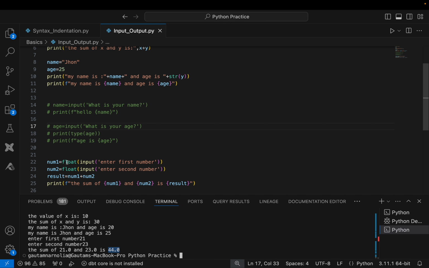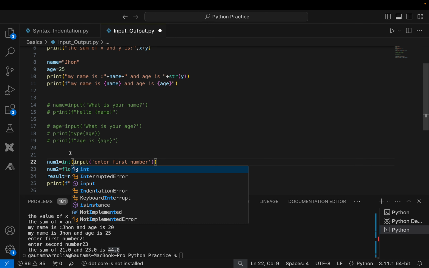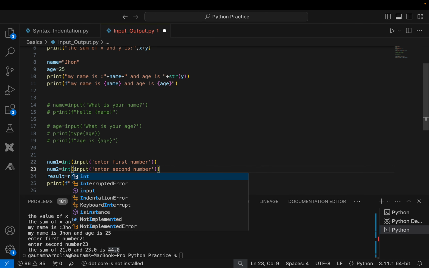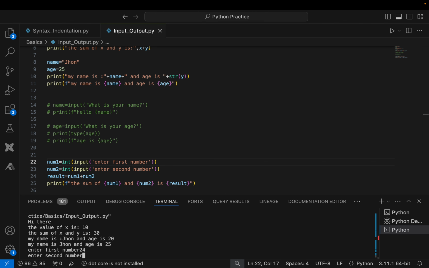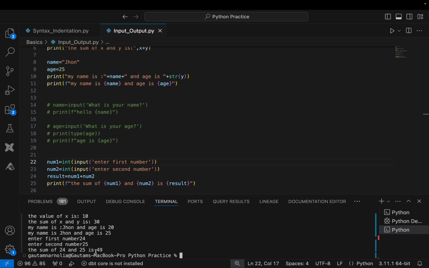Basically, whatever we want to use as an integer or float, we need to convert it from string to float or integer. To convert it to integer, we can use int. We can run this: 24, 25, and we get our result 49 as an integer, and earlier we got it as